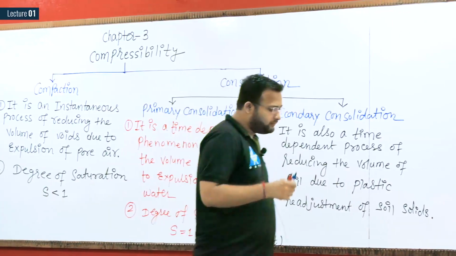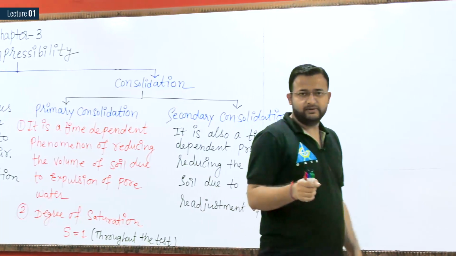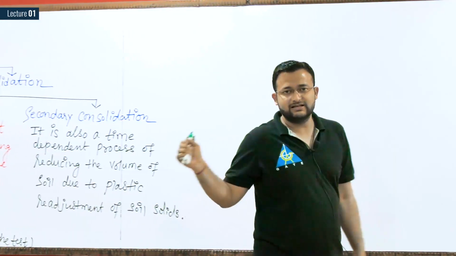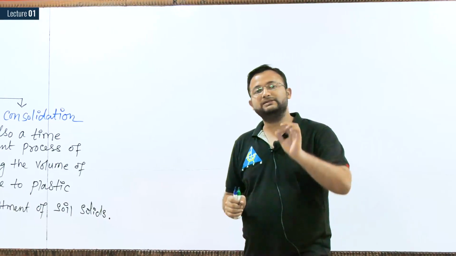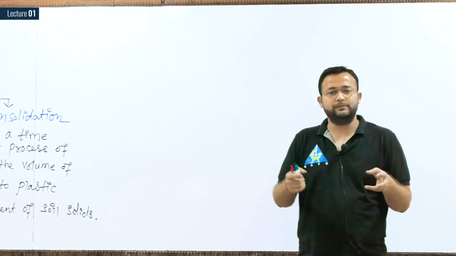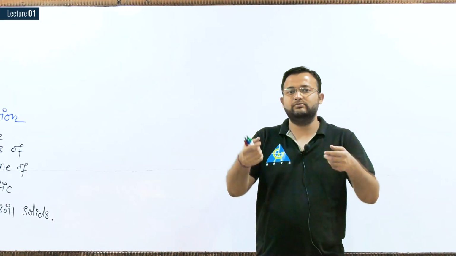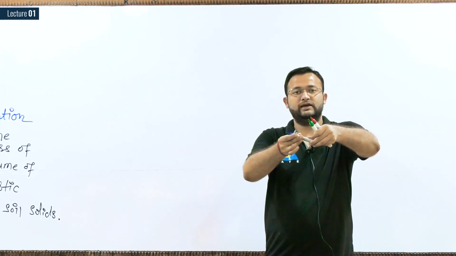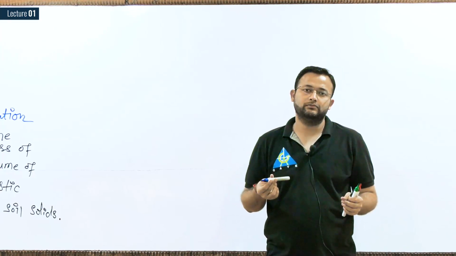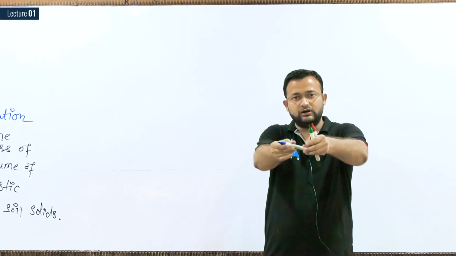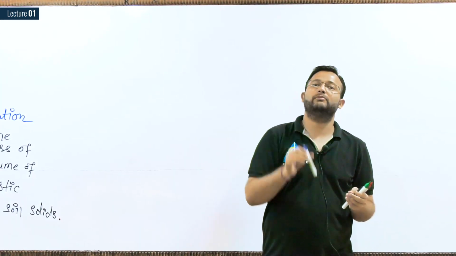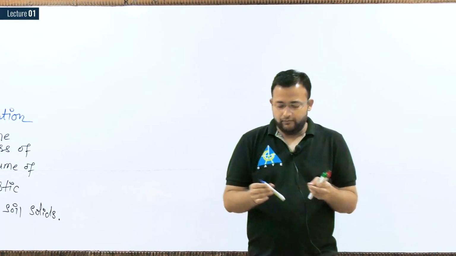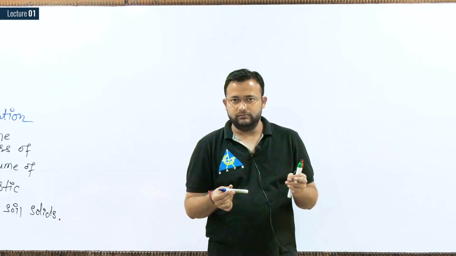See, first we should understand what is the basic meaning of compressibility, then we can discuss about those two things. Compressibility means, suppose I have one material. If I apply the load, can I compress this? No. For the given loads I cannot compress this. This material is not compressible. It is a highly rigid material.